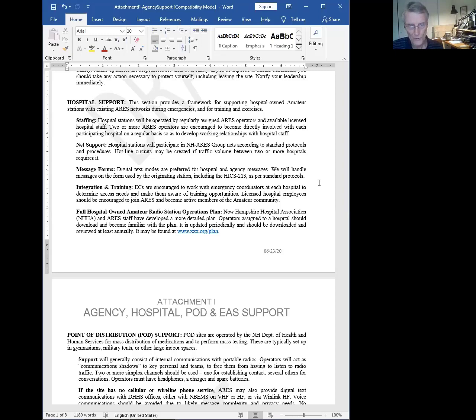The thing about the hospitals we have to remember is that we aren't even a tertiary backup. I don't know how you call fifth in line or sixth in line, wherever we are. They have so many more backup modes now than they used to that we are almost superfluous. And that needs to be kept in mind.